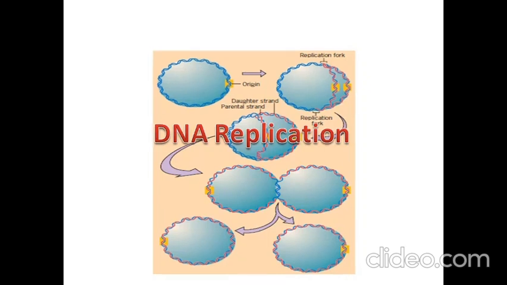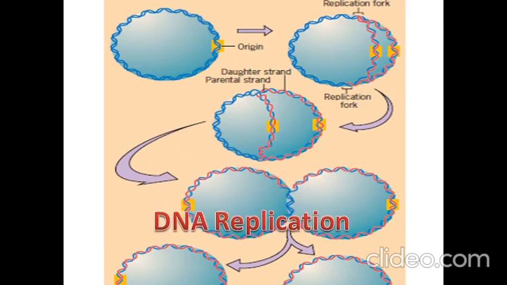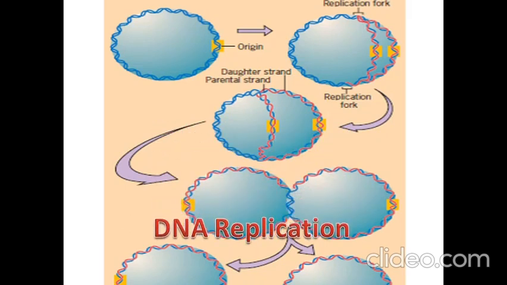Okay students, in this segment we will discuss the mode of DNA replication. As we know, DNA replication is a process in which the DNA is duplicated. Why is it important that DNA should be duplicated? Because all organisms contain genetic information in the form of DNA, and it should be transferred to the